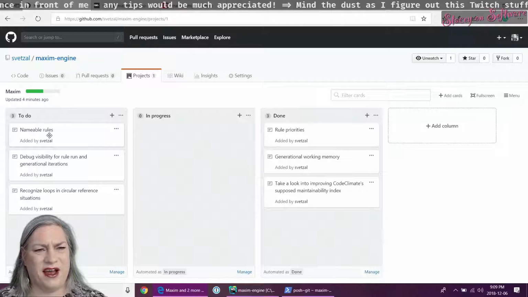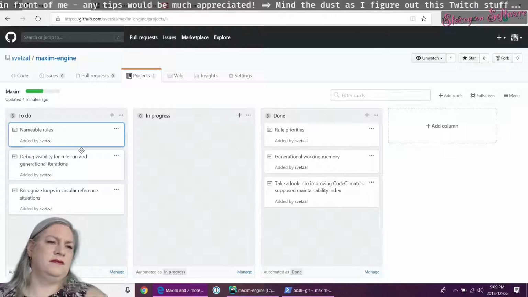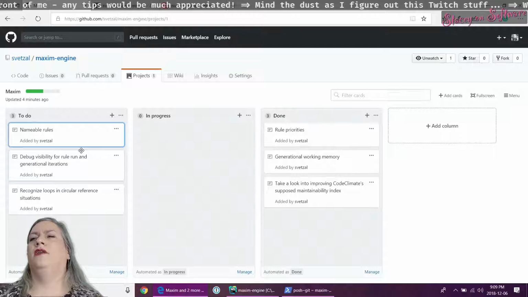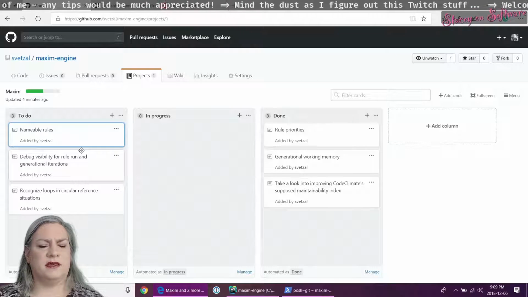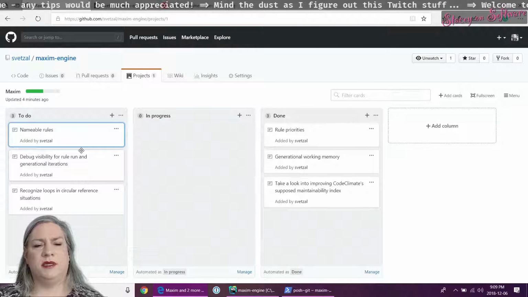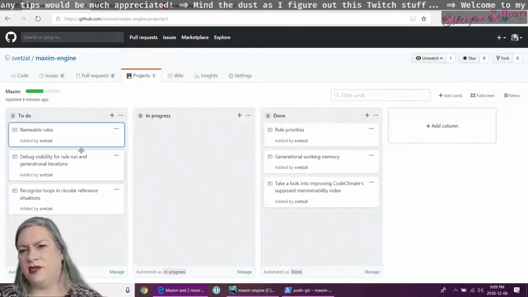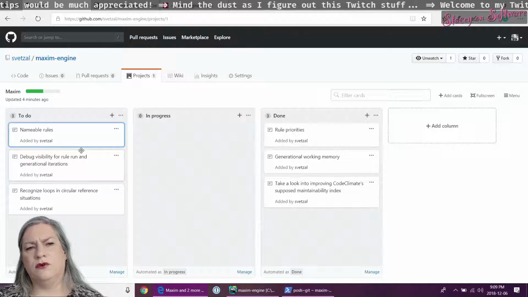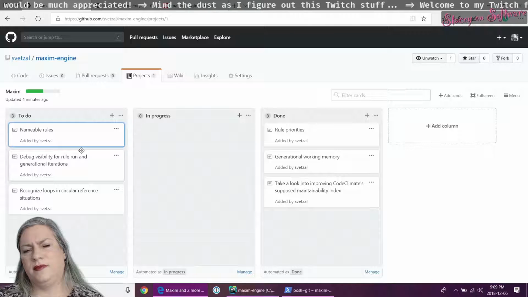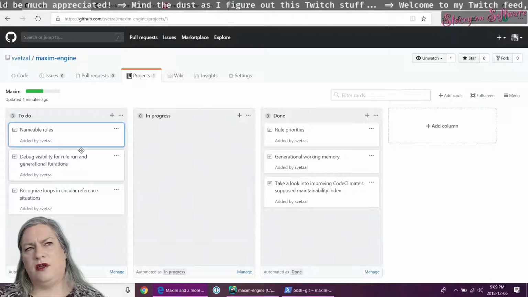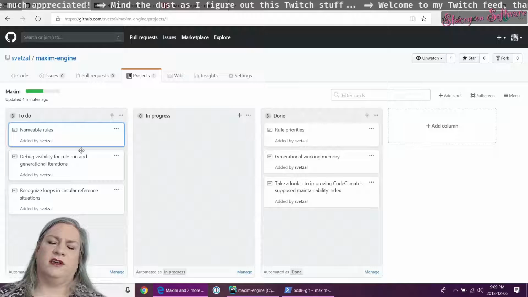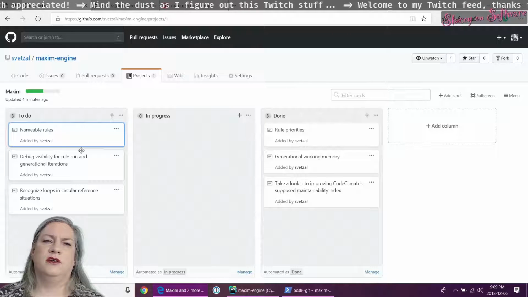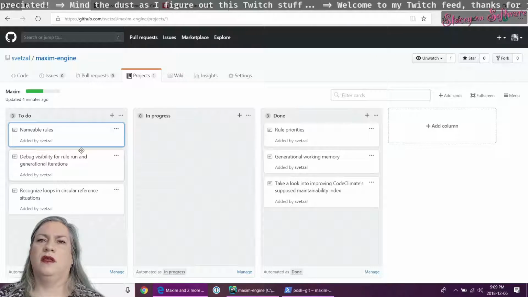Is this the same item? I mean, the only reason I wanted nameable rules was because I wanted some debug visibility. I wanted to be able to see what was going on with the rule set run. And if I think about it, what kind of tests would I want to put in place for nameable rules?